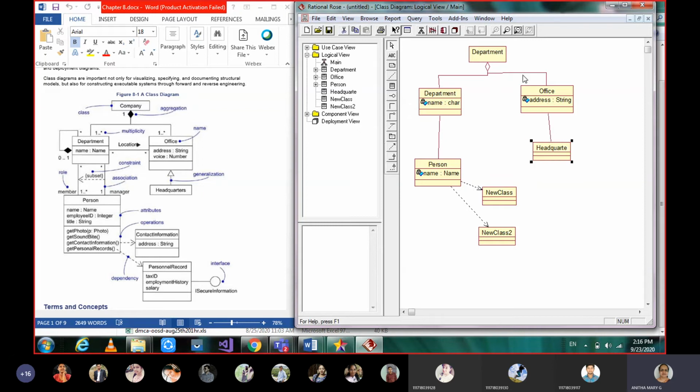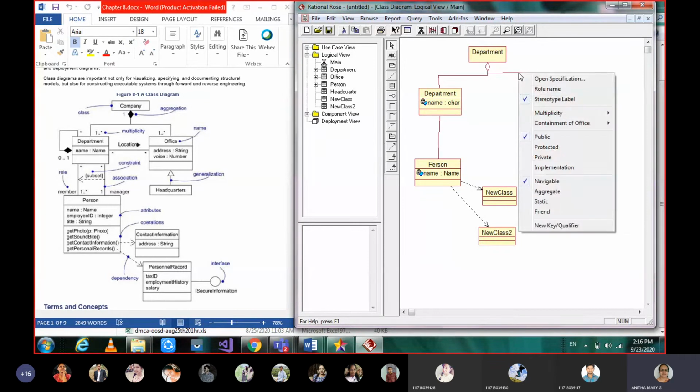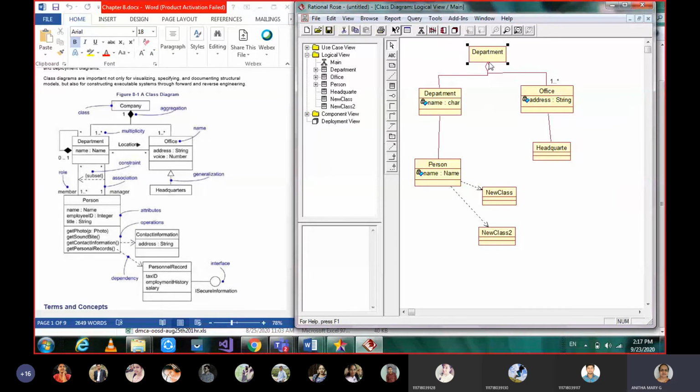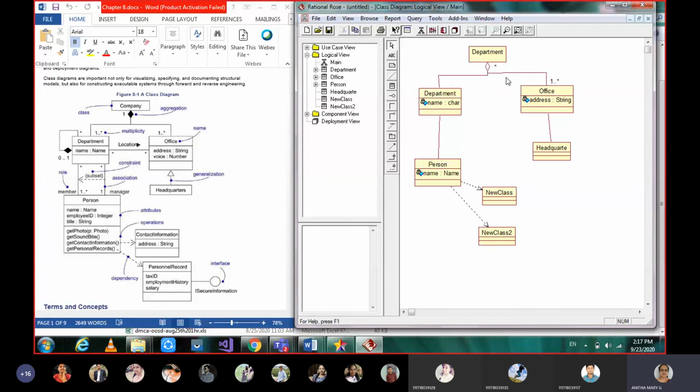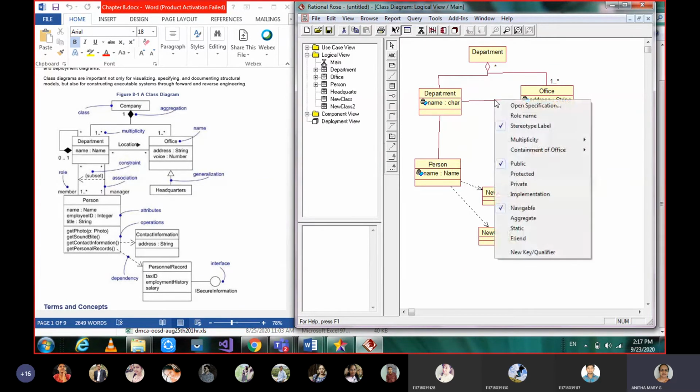Once that is done, I can also give multiplicity. By selecting that, right click, and here you can select multiplicity, whatever multiplicity you want to give. It is one or more that you select. And here, when you click and right click and choose multiplicity, when you want to give many, say n, then it will give you a star. Likewise every tool will have the things prescribed to it, so accordingly we have to give.